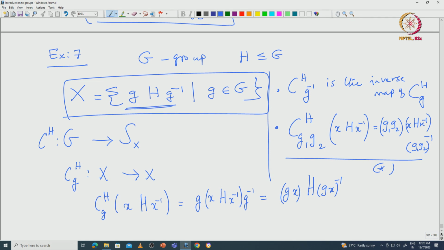Any conjugate will be a subgroup, because one can look at the inner automorphism corresponding to g, where x maps to gxg inverse. We have verified that this is actually an automorphism. So the image of H will be just gHg inverse, which will be a subgroup inside G. So basically you are collecting all possible conjugates of H, which are all subgroups, and then we are saying that G is indeed acting on this collection of subgroups which are conjugate to H.